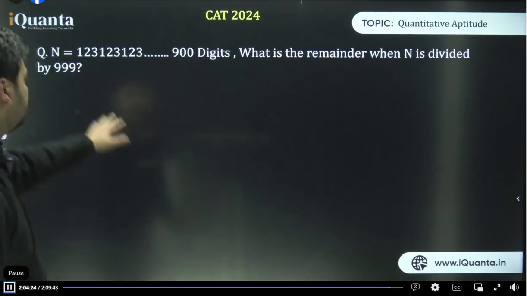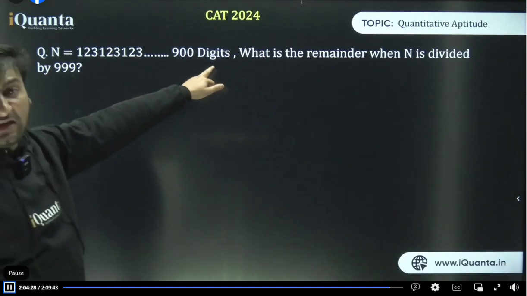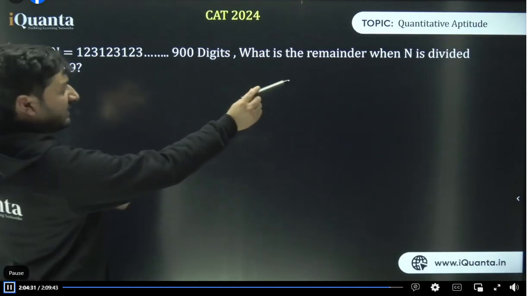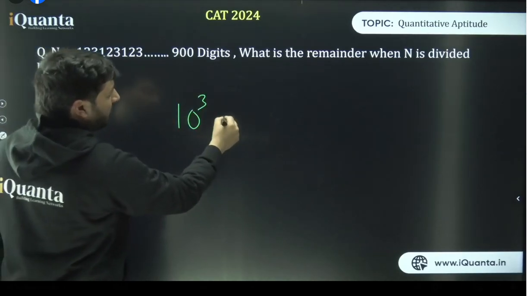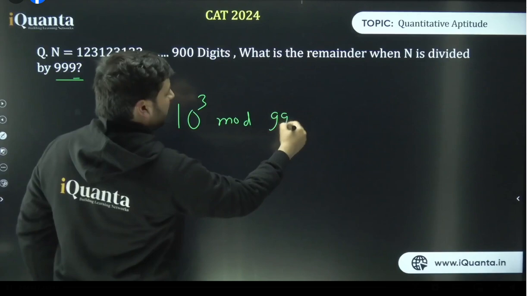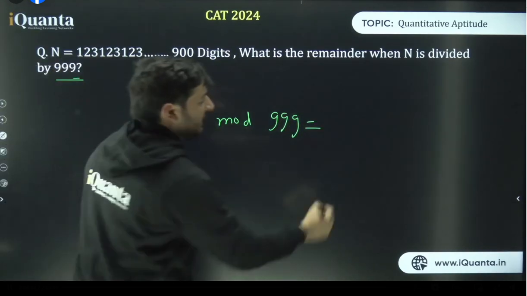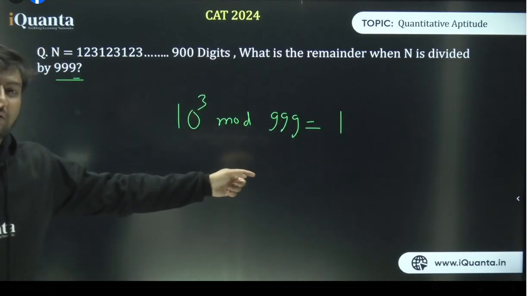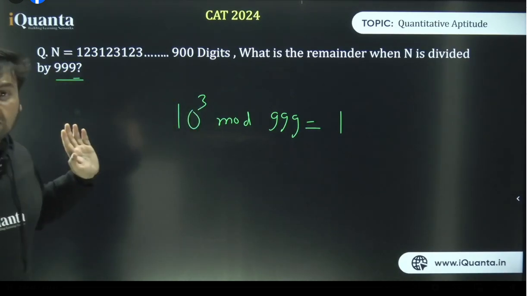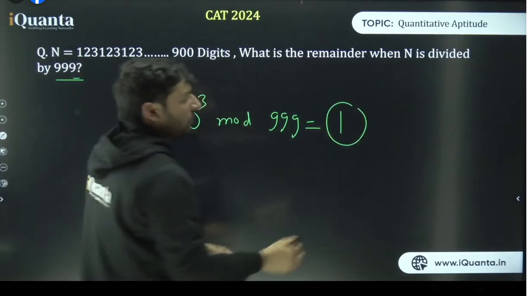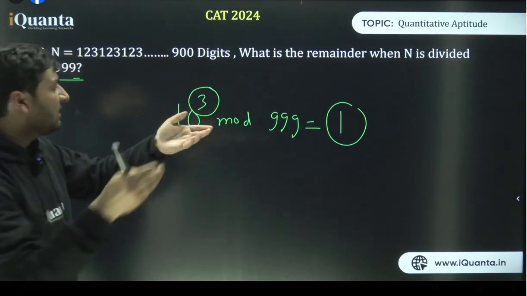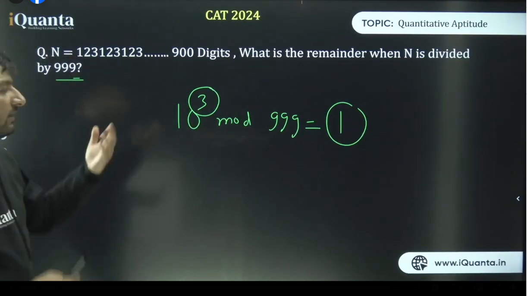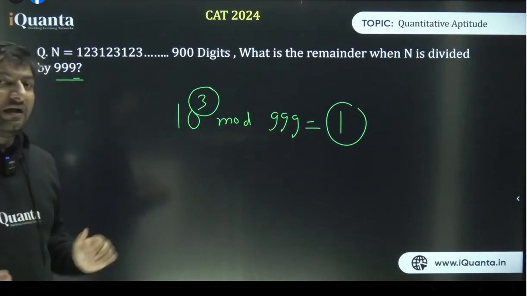the answer, okay? This is the question where 1 2 3 1 2 3 1 2 3 is repeating till 900 digits, right? Let us see this very quickly. What is my divisor? 999. 999 is close to what? 1000. So 1000 is 10 cube, and because my divisor is 999, I am getting remainder 1000 divided by 999 will give me 1. Aren't you seeing 1 and minus 1 every time, whenever we are having such questions, right? Whenever the remainder is 1, you will perform addition of group of 3 digits, because power of 10 is 3, starting from the rightmost end, keep coming toward the leftmost end, and add, finally find the sum and get it